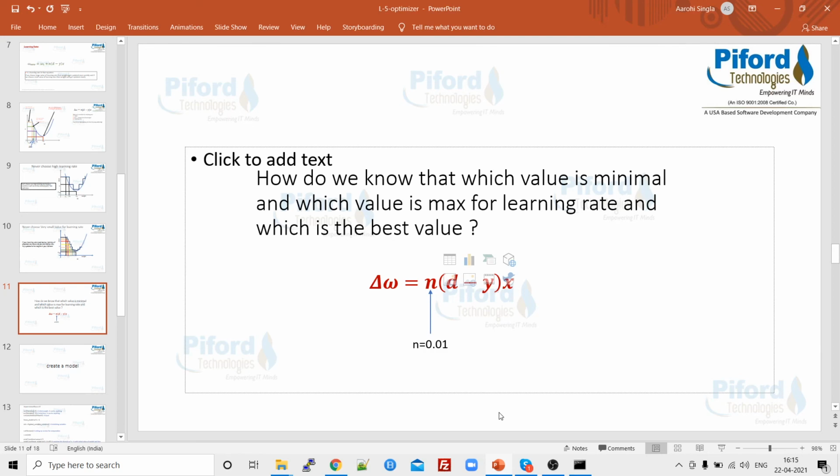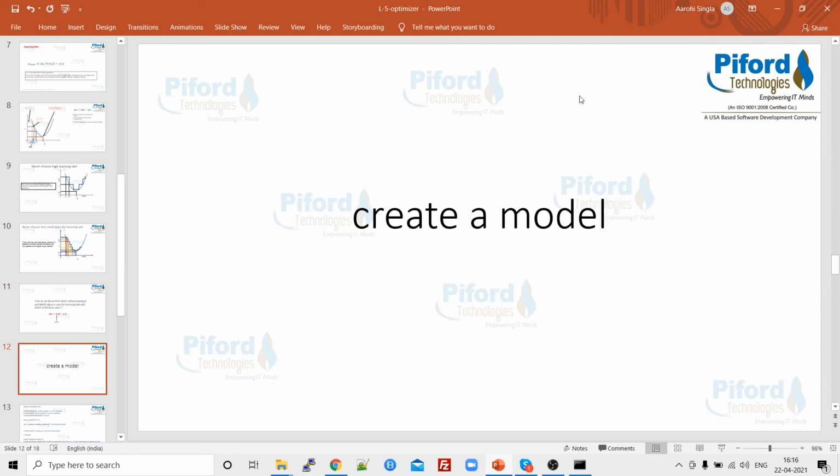If training is slow, just increase the learning rate a little bit, and then again observe the training process and the error, and keep on tuning your learning rate for some time. Then you will get one learning rate which is good for your data set. So this is how you can choose a learning rate.